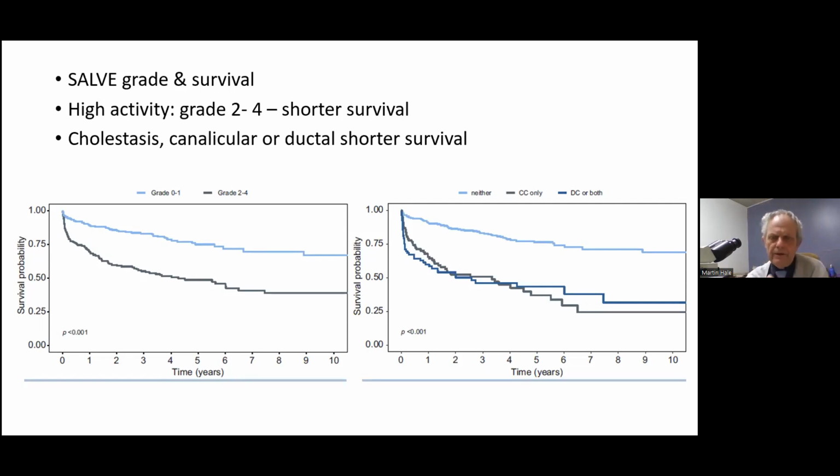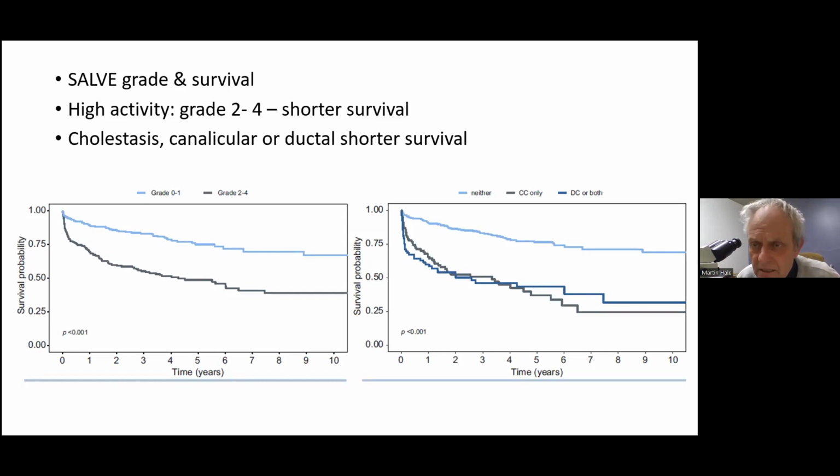Now, the other thing, and I always remember the late Professor Mike Q, because he would come out to have meetings with us on a regular basis every Monday lunchtime at Barrow. We had a weekly adult liver meeting, and we would go through the various cases. And we would often see patients with alcohol-related liver disease. And he would always say that if a patient has cholestasis, that is a bad prognostic sign. And I hope you can see this.